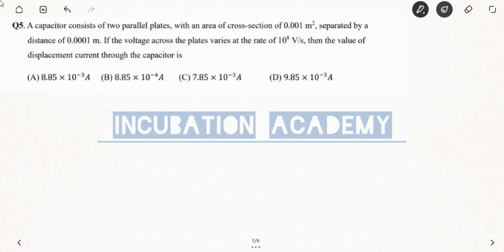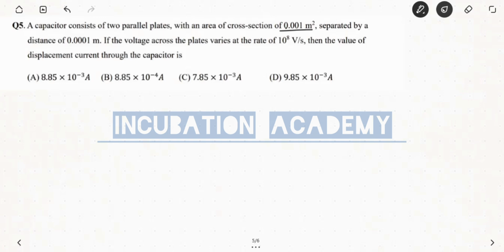Welcome everyone. The question shown on the screen is from the CBSE sample paper 2025. Question number 5. A capacitor consists of two parallel plates with an area of cross section 0.001 meter square, separated by a distance of 0.001 meter. If the voltage across the plates varies at the rate of 10 to the power 8 volt per second, then the value of the displacement current through the capacitor is, four options are given: